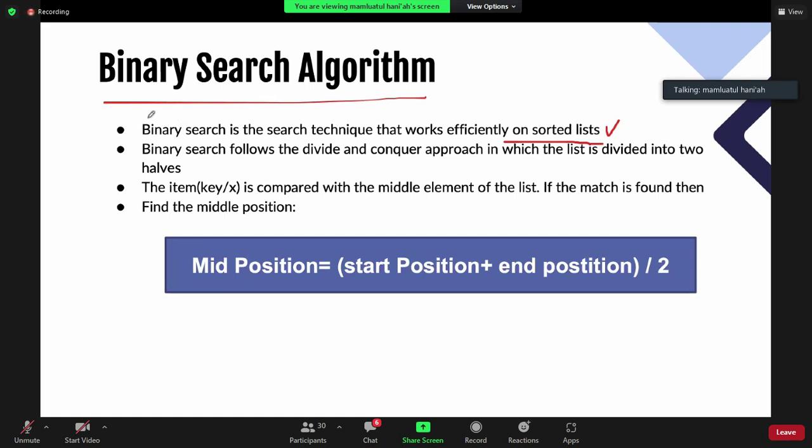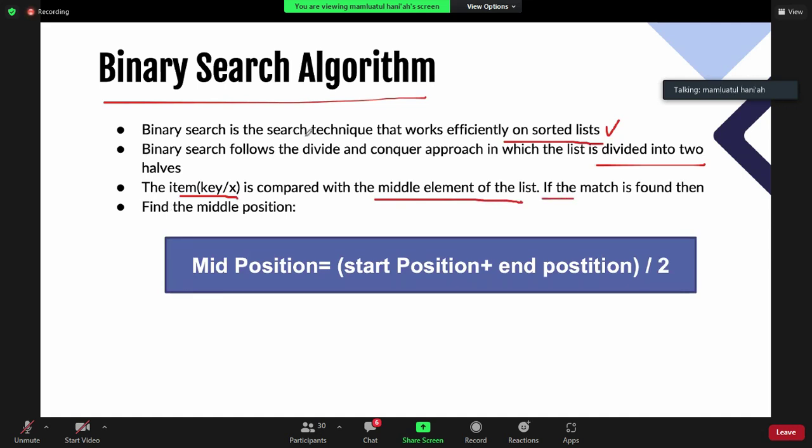And then this algorithm follows the divide and conquer approach, in which the list is divided into two halves, and your item, your key, or the data you search needs to be compared with the middle element of the list.